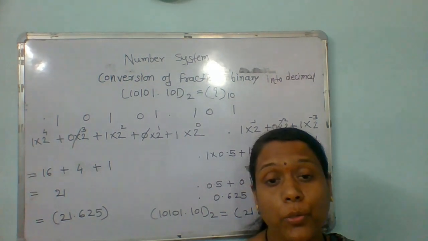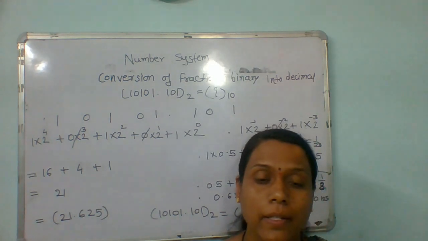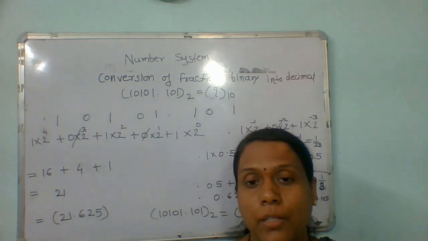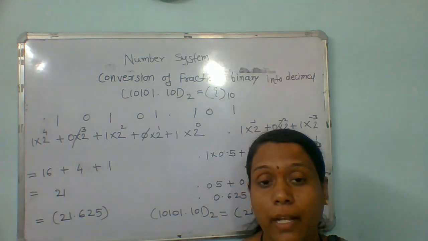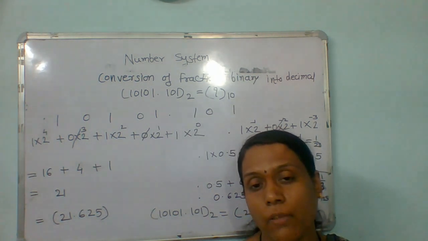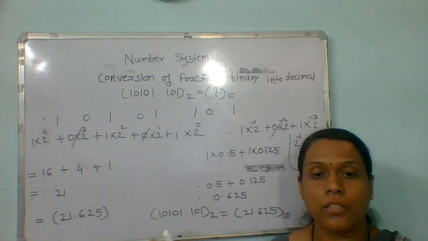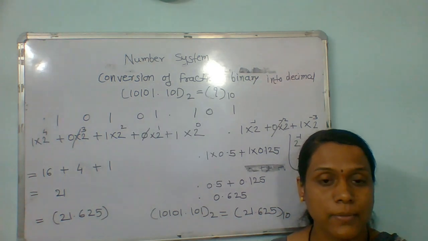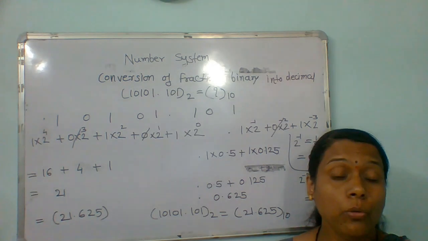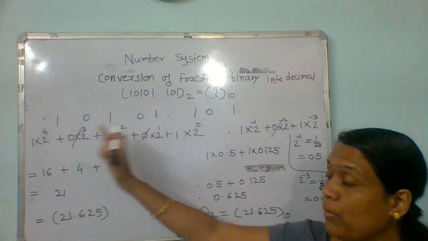Next we are going to see, if the binary number consists of a fractional part, how to convert that binary fractional number into a decimal number. The procedure is the same, but as we have a decimal point, the digits which come after the decimal point have a different rule. Separate the numbers, multiply each number with the base, then start giving the power from 0, from right hand side to left hand side. This applies when the number is before the decimal point.